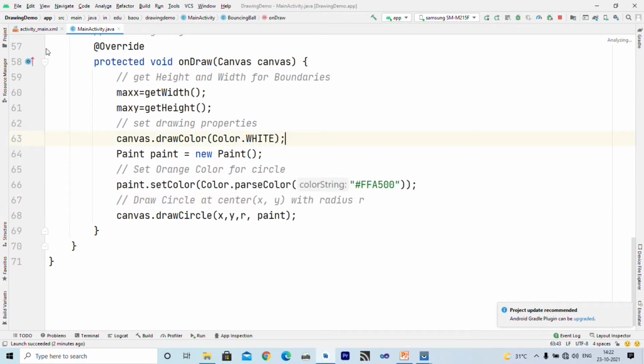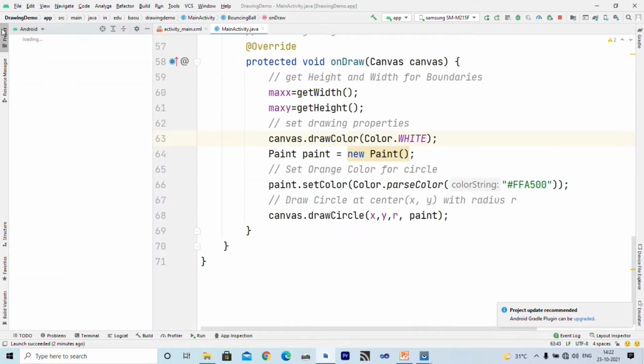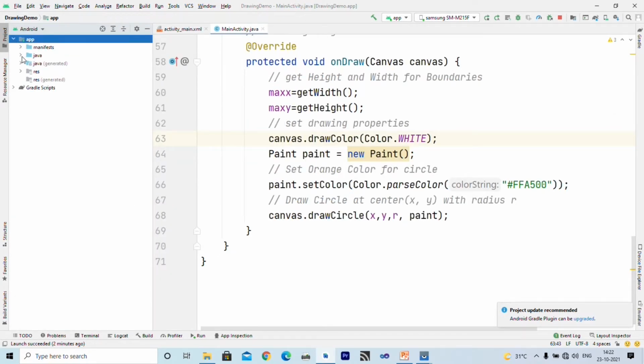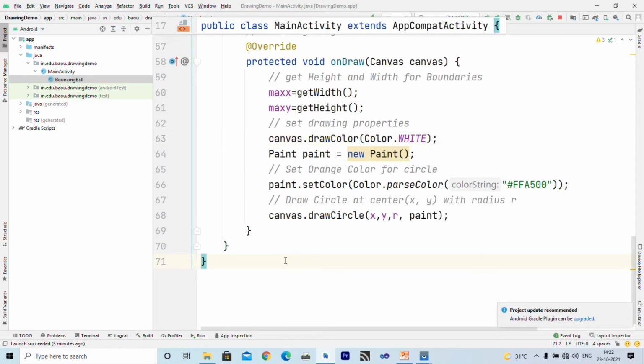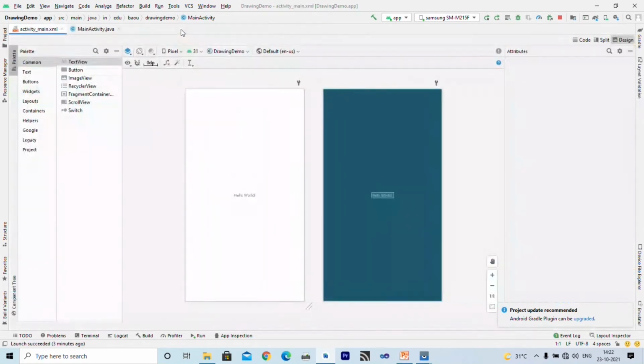Let us first try to understand the project structure. On screen you can see we have one main activity file, and inside that we have defined one more class, which is BouncingBall. Let us go to the activity_main file.